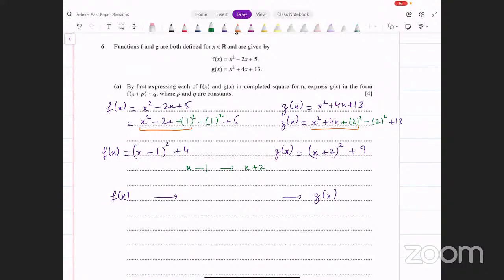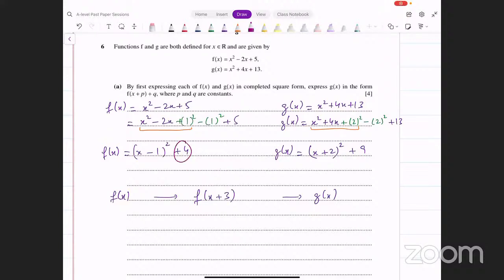आपको 3 add करना पड़ेगा. आपको 3 उसके अंदर add करना पड़ेगा. x की जगह पे आप क्या करोगे? -1 से आपने +2 पे जाना है. आपको क्या करना पड़ेगा? आपको +3 करना पड़ेगा अंदर. ठीक है? And then outside